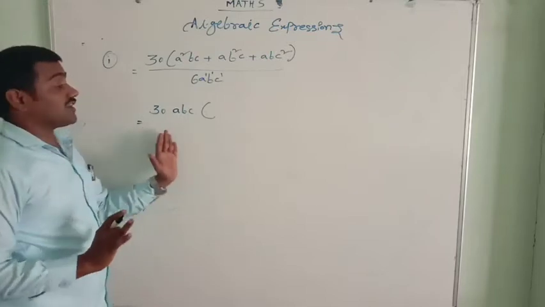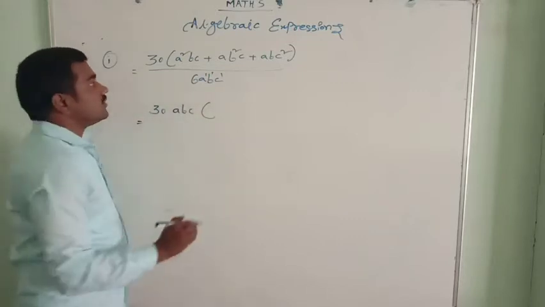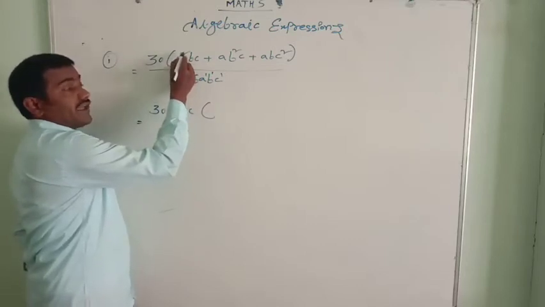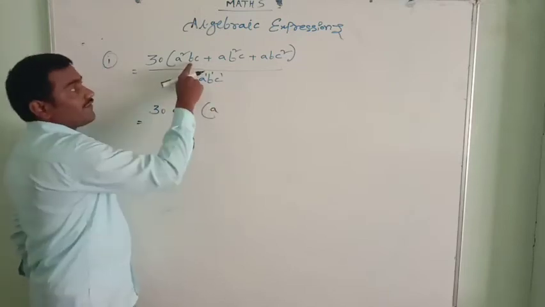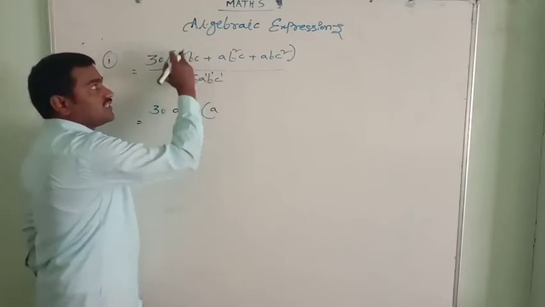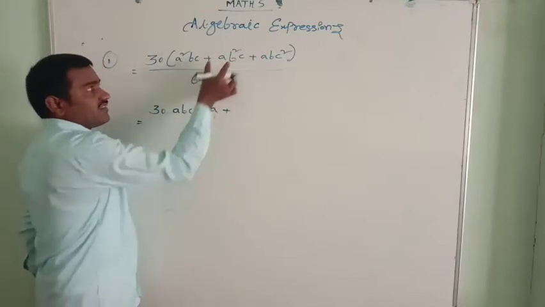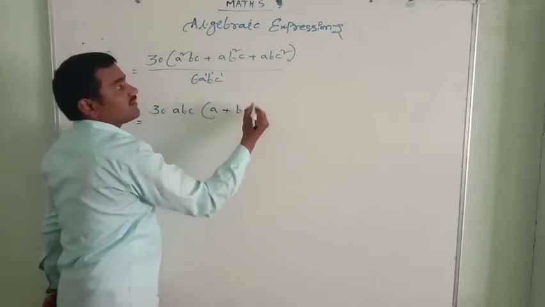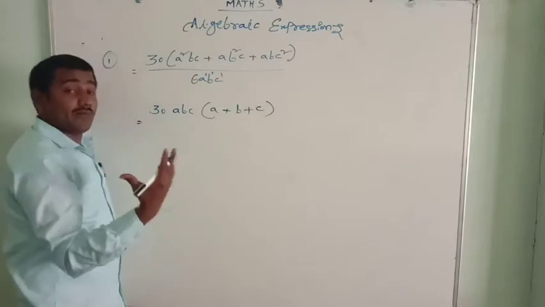So what is going to happen now when you take out ABC as a common factor? In the first term, there are 2 A's, A into A, but 1 A we took as common. So one more A is left here. From BC, B is 1 and C is 1, those are already taken as common, so nothing is left in this term. This term is completed. In this term, A 1 and C also 1, that we have taken out from this. So only B is left here. Similarly, here A and B, 1, 1, we have taken out. So only C is left. This is called the common factor.